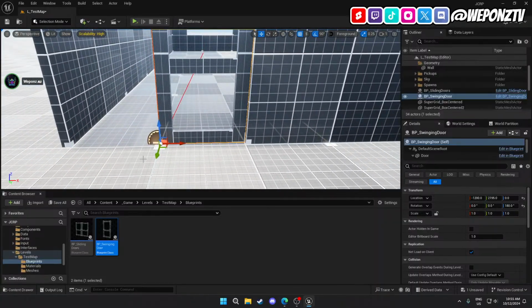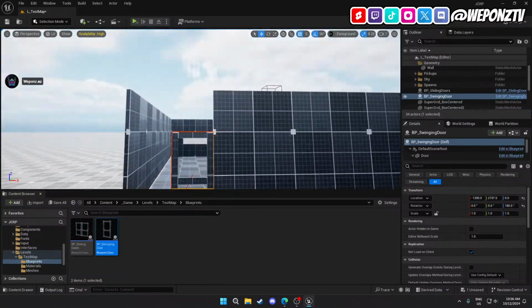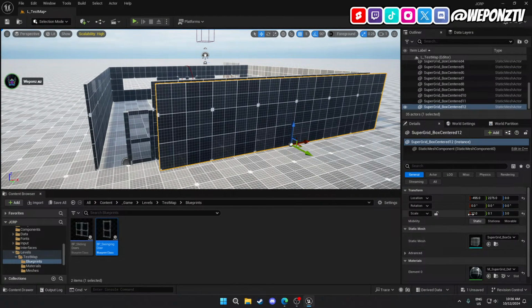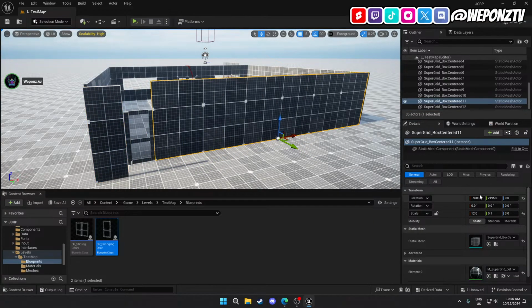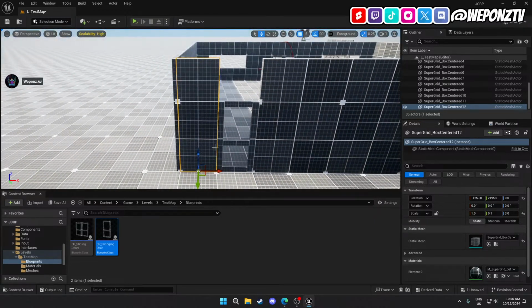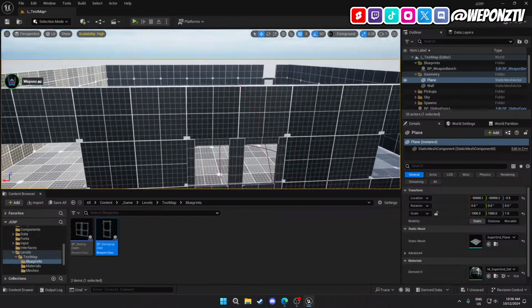We need a plus 2.5 this way. 7.5. It should be in the center. Yeah. So there's our back door. Let's grab this bad boy, go, and put it at the same one of those. And then what I can do is I can just make this whole thing a blueprint, and bang, I can